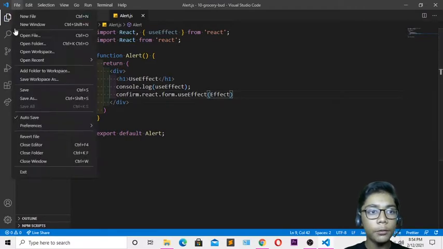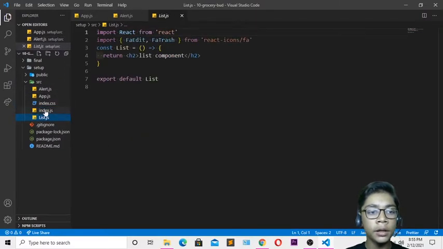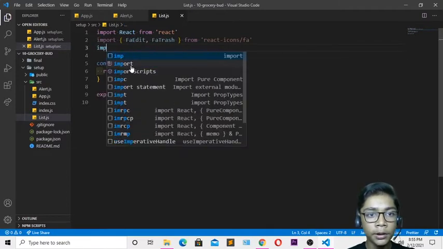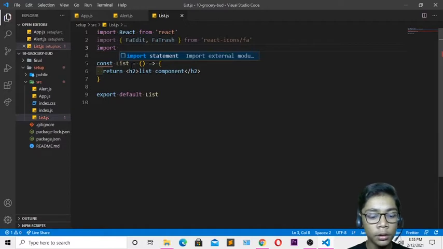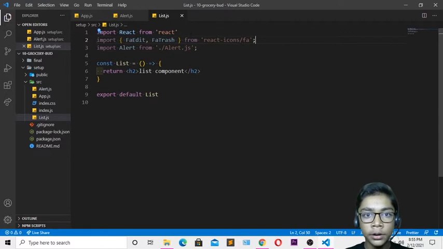So when you've defined all these, you have to hit save over here now, and you can see we have defined all these. I will be closing that and you have to hit save again. So it is done. When you define all these things, you have to go to your list.js file, because in this index.js file, like I've told you in previous projects also, we don't have to do anything. So in this list.js file, just press enter over here, and I will be importing something, which is called alert. So I'll be writing import alert from, and I'll be writing dot slash alert.js, which is our file name. So I'll be closing that, close this, and over here also.